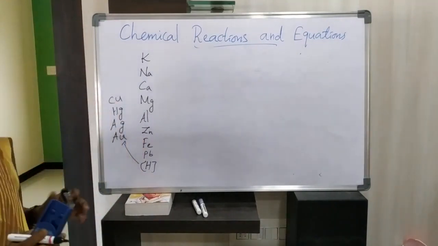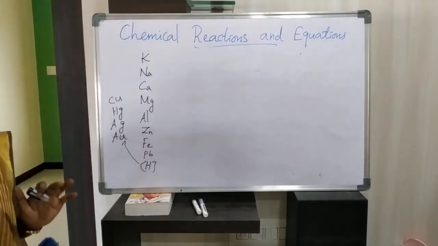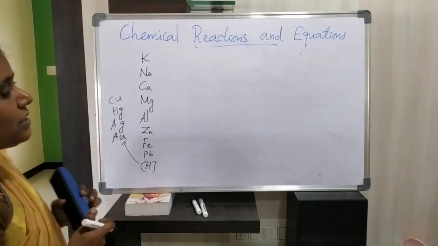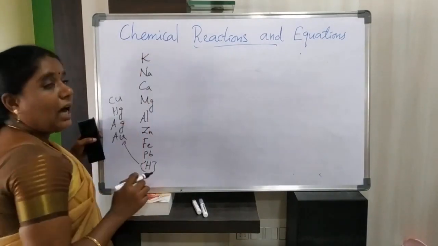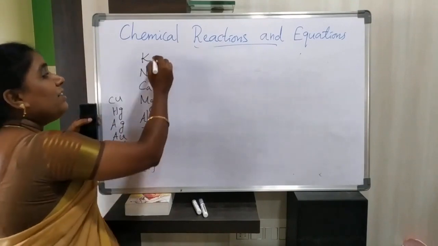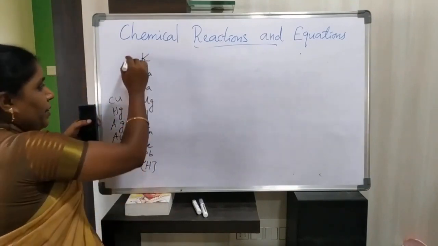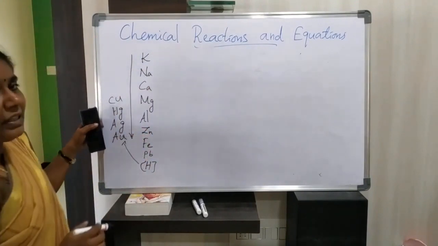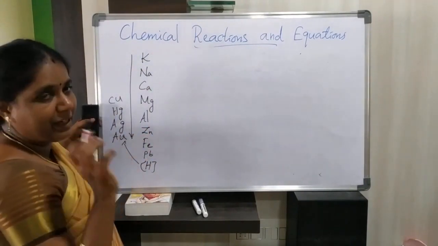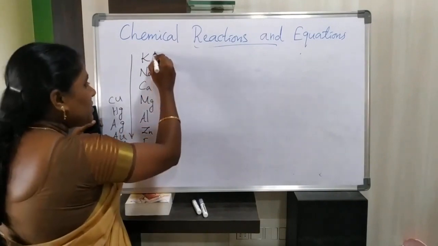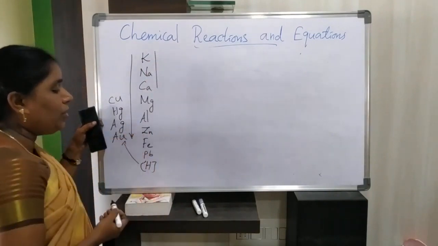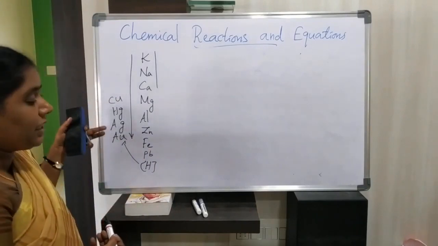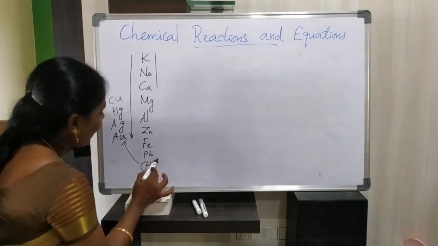Silver, gold. Listen carefully. See, this is the reactivity series of elements. First you have to know what is meant by reactivity series. The metals are arranged in the order of decreasing reactivity. This is called the reactivity series of metals. Here, potassium, sodium, calcium, magnesium, aluminium, zinc, iron, lead, copper, mercury, silver, gold, all these are metals except this